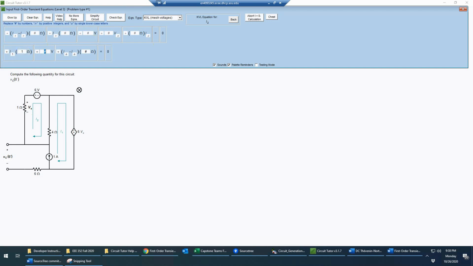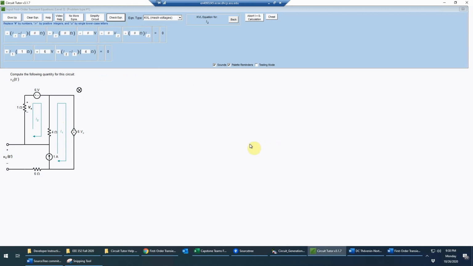And then we have plus 6 volts, since we reached the plus sign first. That is in fact a drop, so that has a plus sign. And finally then we have I2 minus I1 times the 4 ohms will be the last voltage drop going around this way in the direction, of course, of I2. So we check that equation,